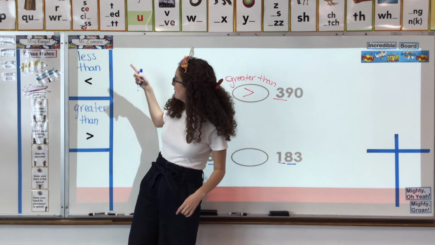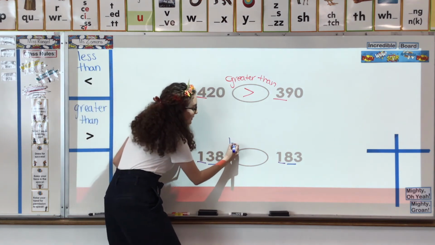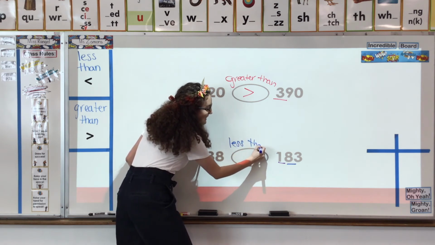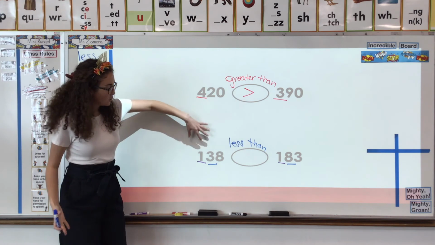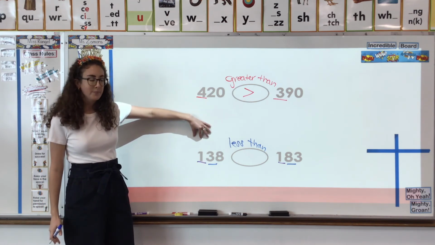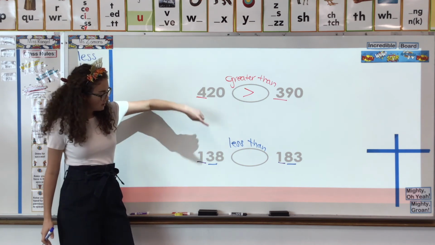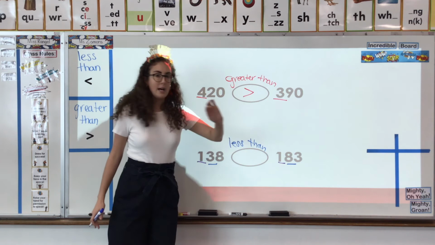It's 138 is less than 183, since we always have to go by the first number. And second grade, 138 is less than 183